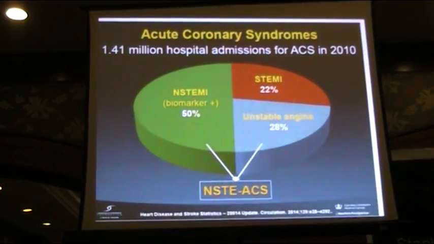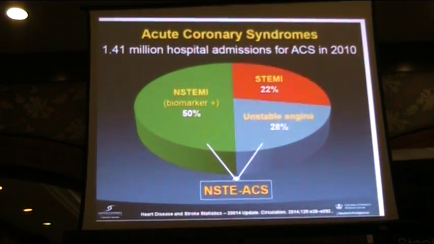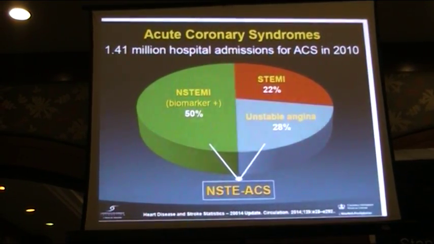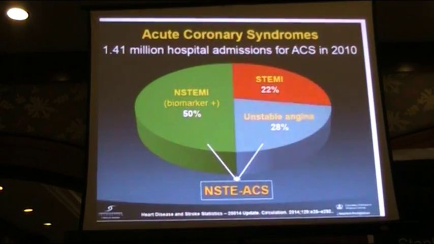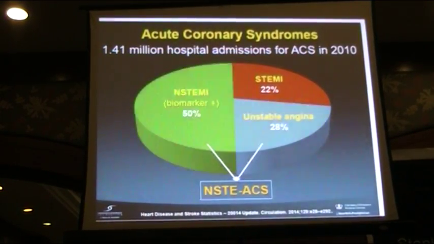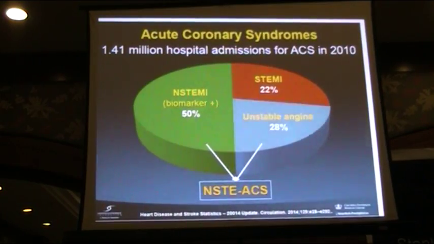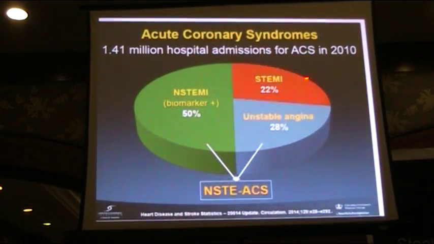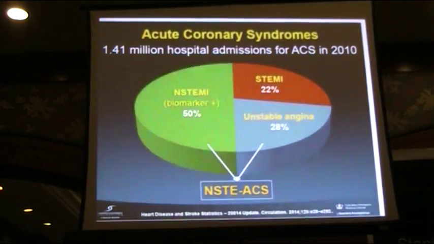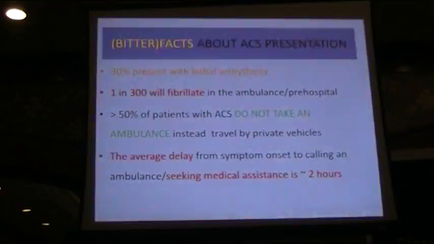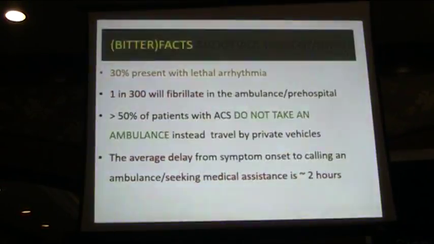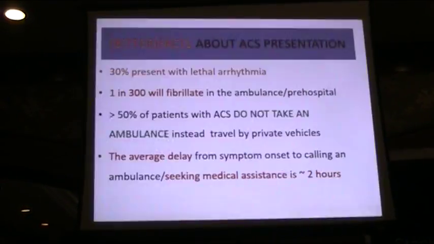Unstable angina, if there is classical chest pain, no ECG change, plus or minus troponin rise. And if you see the hospital admissions, one half of acute coronary syndrome is due to non-diagnostic ECG. So classical chest pain with troponin rise, because if you leave them at this stage, they can progress on to ST elevation MI and the mortality is much higher. Next. So a few facts of ACS, all of us come across acute coronary syndrome at some stage.